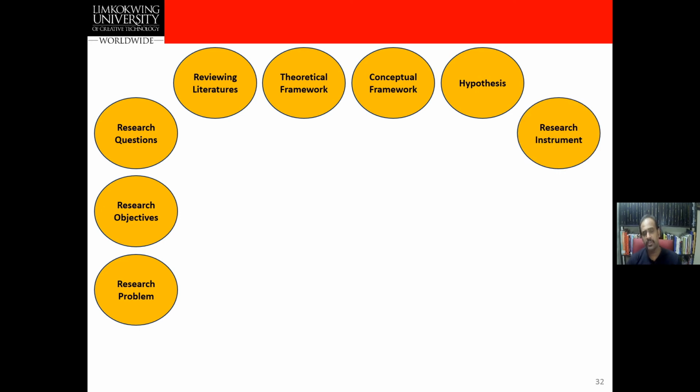After hypothesis, we come to the research instrument, that is, data collection. Should you develop a questionnaire, or go through interviews or focus groups, or observation or informal interviews? There are several kinds of data collection methods. So you should now make your instrument ready and do all the testing: pre-testing, post-testing, pilot testing, and check the instrument validity. All these things should get done in this particular stage. Then we go to data collection.